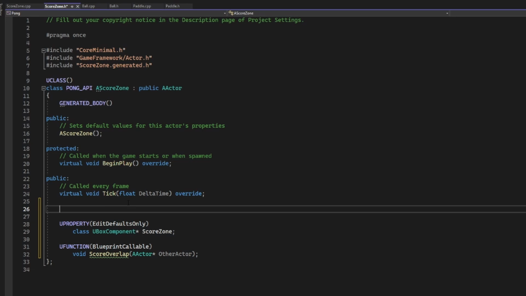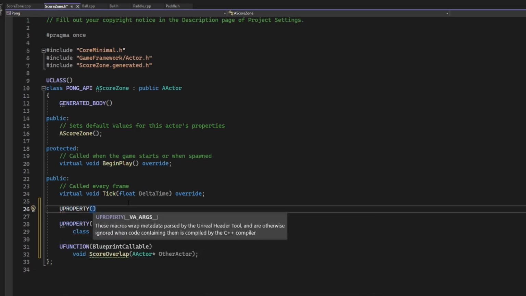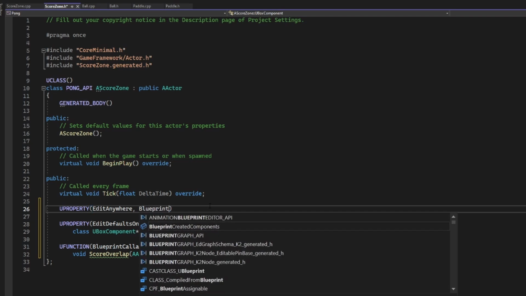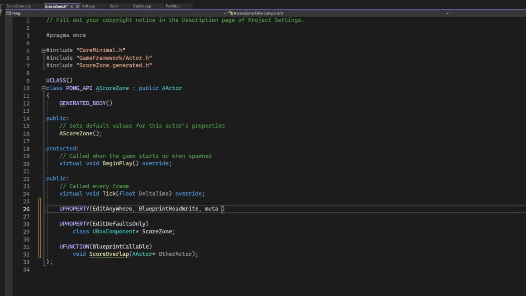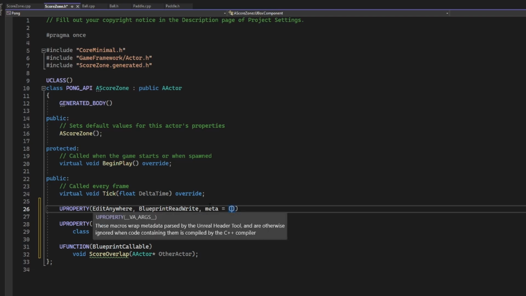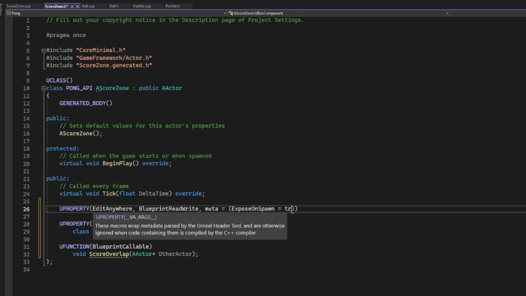Now, the last thing we need is that reference to another paddle that exists in the world. And there's a special new type of UProperty argument that we're going to show off here that is very expansive. But in terms of where we want to see this, we want to be able to edit and use this anywhere, so we're going to use edit anywhere. We're probably going to want to use it in Blueprint as well, so let's use Blueprint read write. And now let's talk about this new special operator. It's called meta. There are several meta tags that exist, and I will leave the documentation down below just so that you can go and review, that each do very specific things. For our purposes here, we want to use or have reference to something specific that exists in the viewport. As such, we're going to use the meta tag expose on spawn,